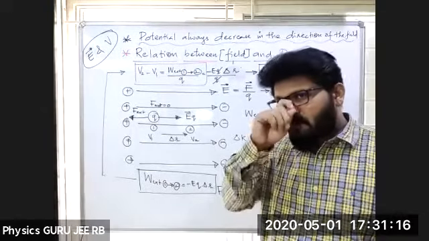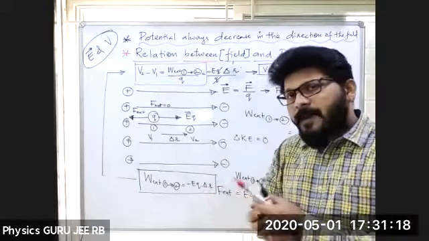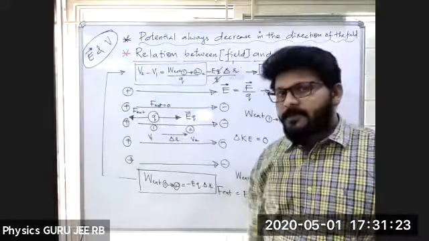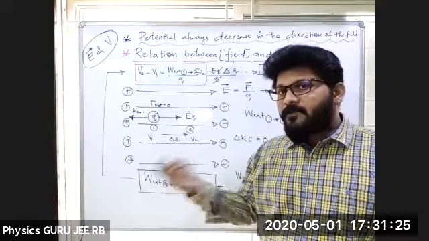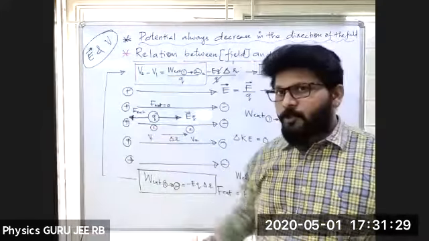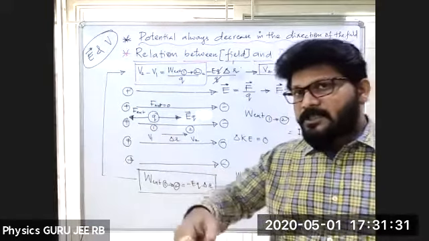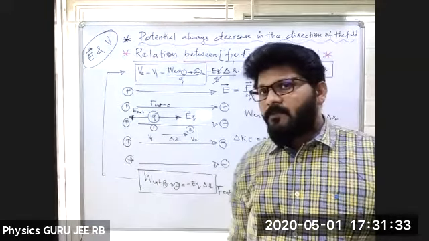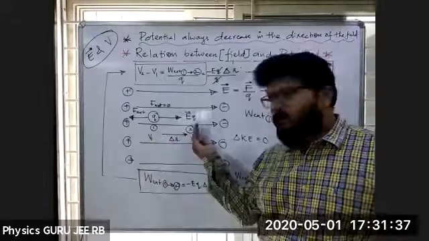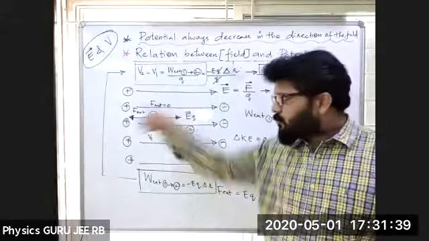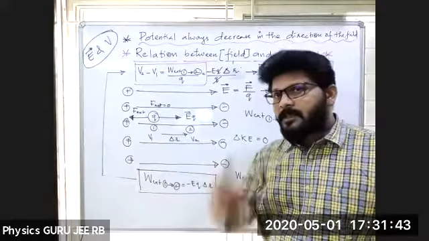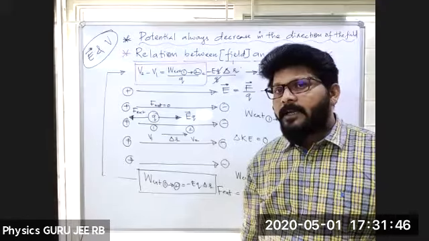So in many books, they say you have to apply a force in the backward direction, equal in magnitude. Equal in magnitude means net force will become zero. Net force is zero means it will be at rest? No. Net force is zero, acceleration is zero. It will move with constant velocity from one point to the other point. So you are applying the external force, and the displacement, both are opposite in direction. Theta is nothing but 180 degrees.